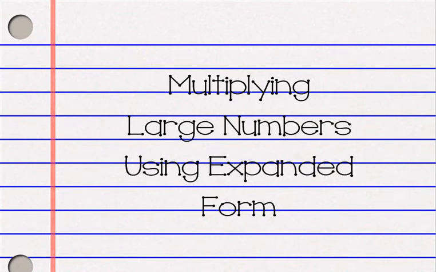In this video, we're going to be learning how to multiply large numbers using expanded form. The first thing that we're going to look at is really what does this expanded form mean? So let's check that out first. Expanded form, if you look at, for example, this number right here, 325, if we made this expanded form, then